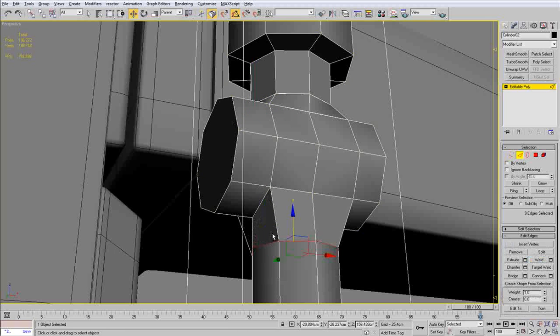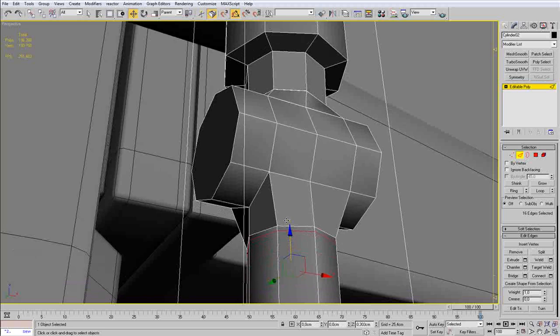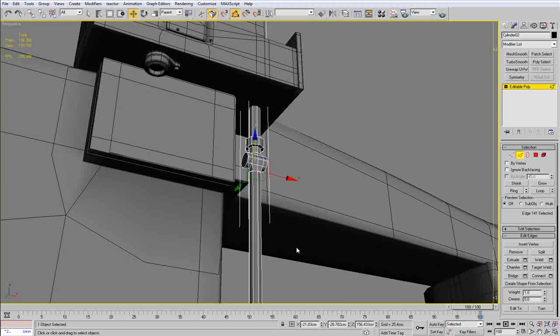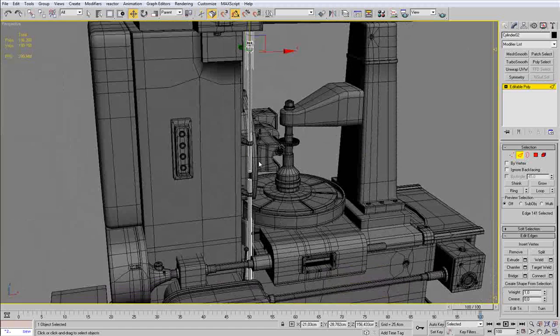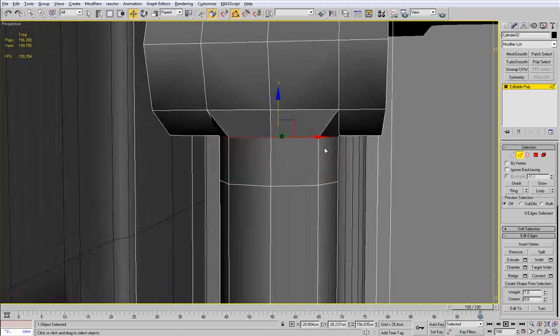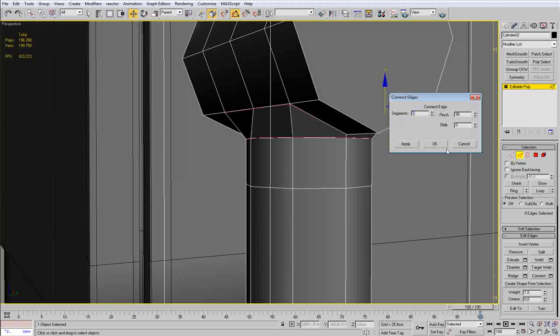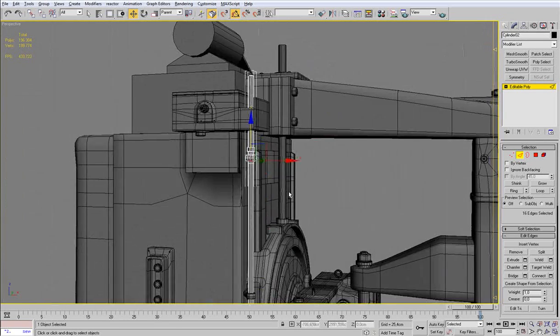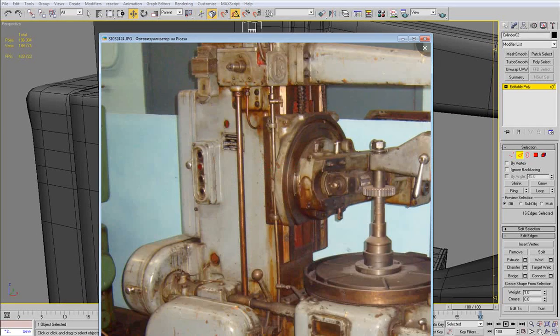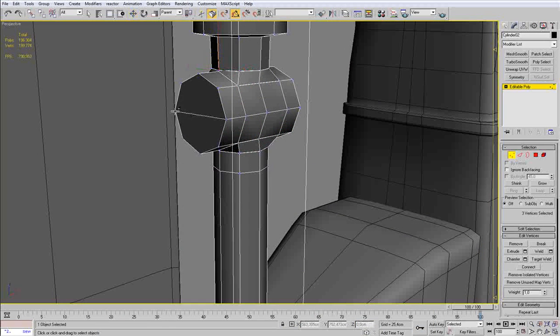Okay, like so. Do the same thing with the edges there. Okay, making the connection. Okay, so now I move these edges there down and make the connections in the middle. Okay, so once we have this cylinder